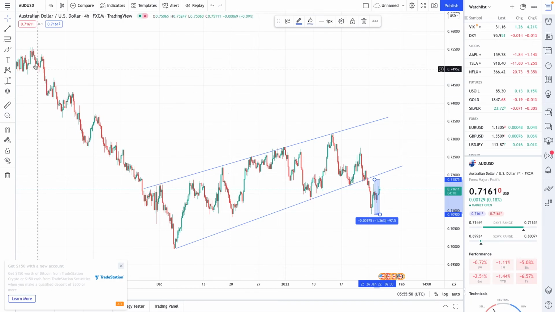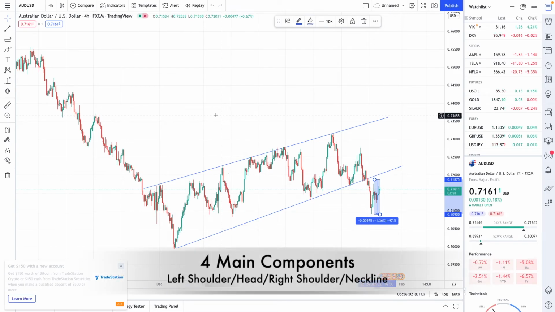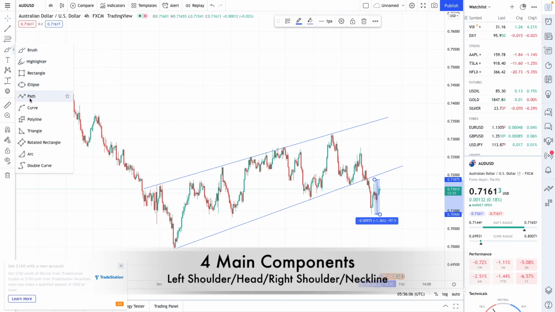So first you want to identify the trend line. The trend line in this instance, because it is within a trend, head and shoulders come in many different shapes and forms, but for the most part, you do want to identify four main components of head and shoulders. And so first, I will be showing you,